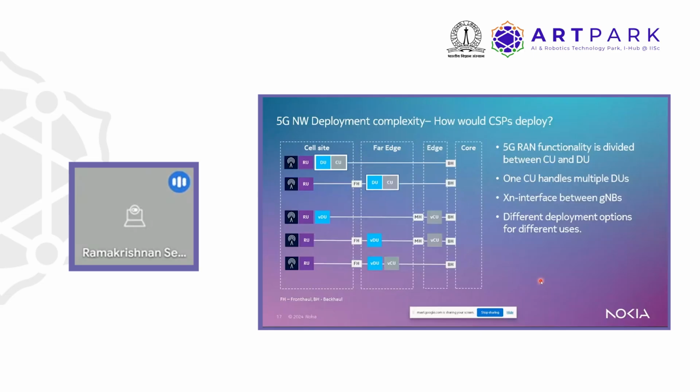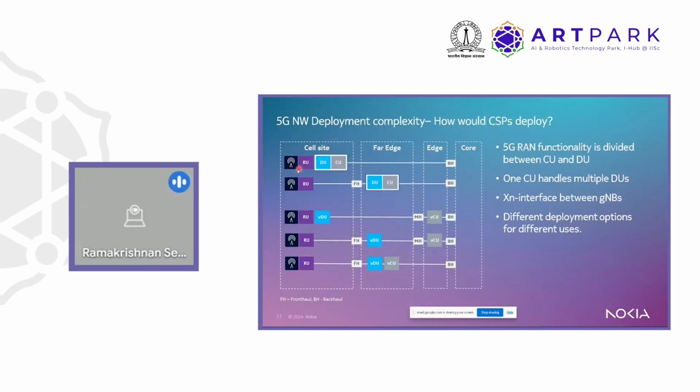So we looked at the architectural complexity. There is also another complexity in terms of how a particular network node could be cut, in terms of disaggregation, in the sense if you want to split the software from the hardware, right? So primarily the cloudification, right? So this is a slide that is focusing on that.